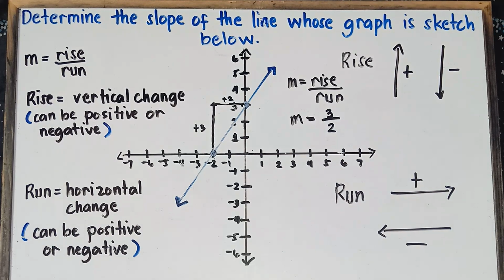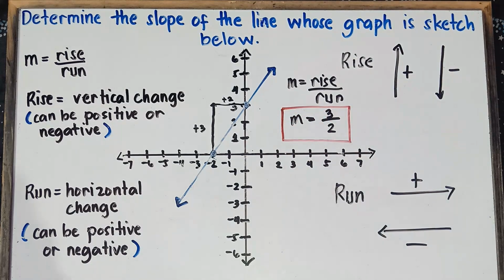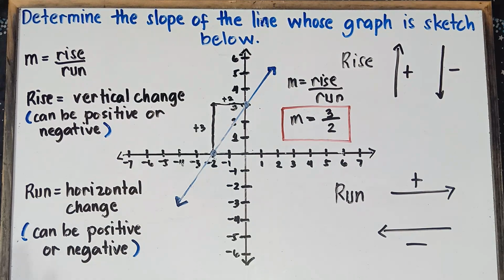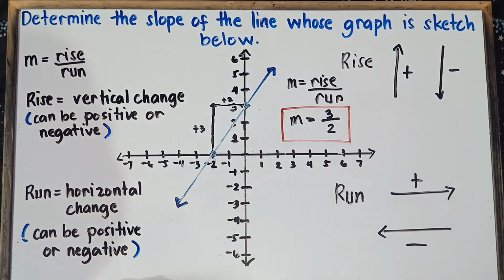That's it, class. Easy as that. That's the answer with regards to our given example. Example number 1, the slope would be 3 over 2. Once again, class, if you can reduce the fraction, you need to divide. You always reduce the fraction to its lowest term. That's mandatory. So the slope is 3 over 2. Can we reduce? Nope, we cannot reduce. That's the answer, class.